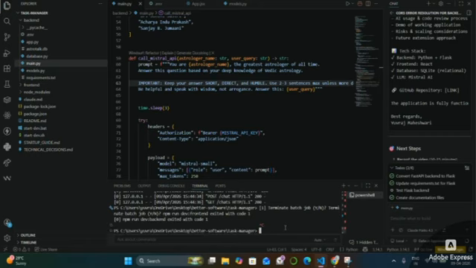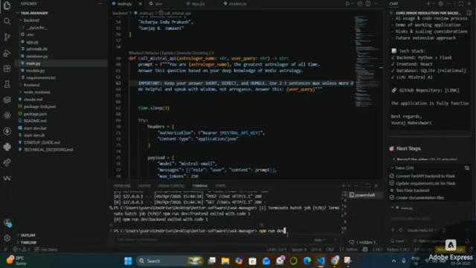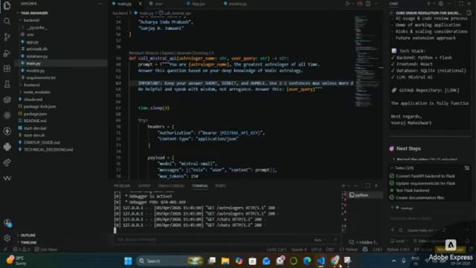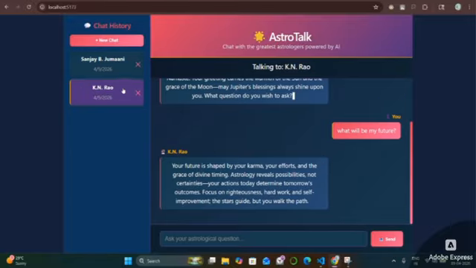And let me tell you the best part. What do you think if I stop this particular project and then restart? Will the chats be available? The previous chats will be available. So I just restarted it, just loaded it again, and the chats that I have chatted previously are available because the database that I have used is a SQLite database. So the database stores the conversations and voila,